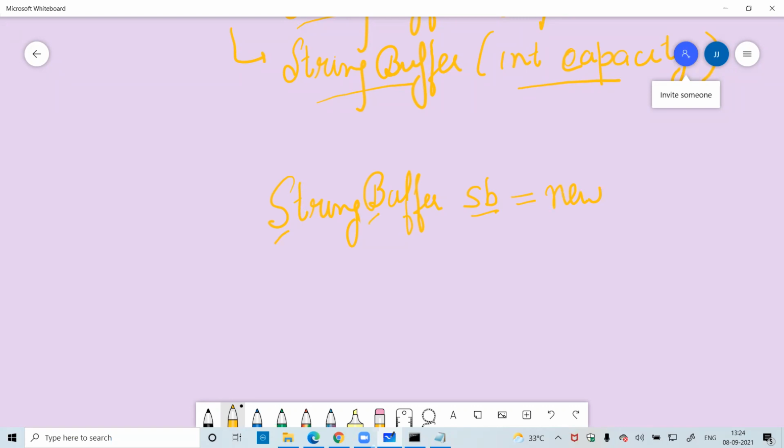Now, new StringBuffer. This is the first step. Whenever I want to use the concept of StringBuffer within my program, I have to use this line. And this line contains one basic constructor, that is the StringBuffer constructor.